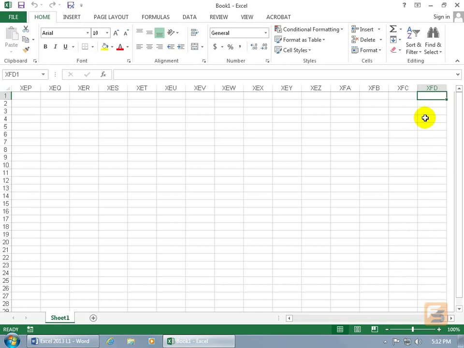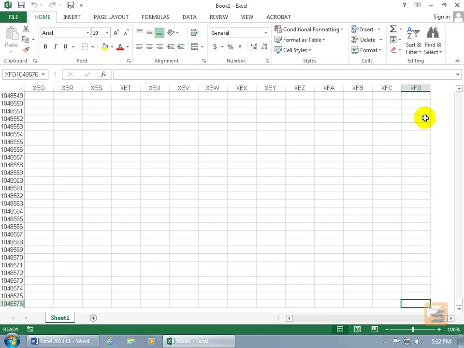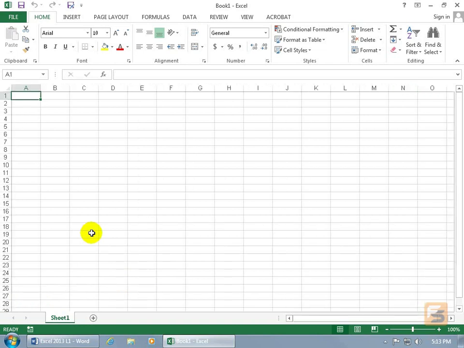And also it's the same when you go down. So if I hit the End key and hit the down arrow, because there's no data range below it, it goes all the way to the end of the worksheet, the last row, which is over 1,000,000. That's fun. You've got your work cut out for you if you want to fill in all those cells. So to go back to the beginning, hold down the Control key and hit Home,